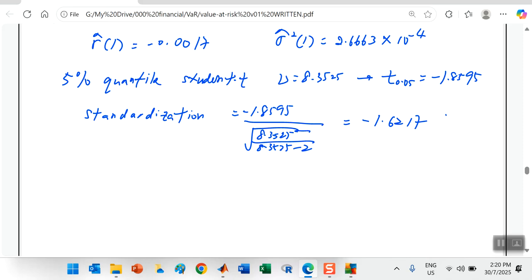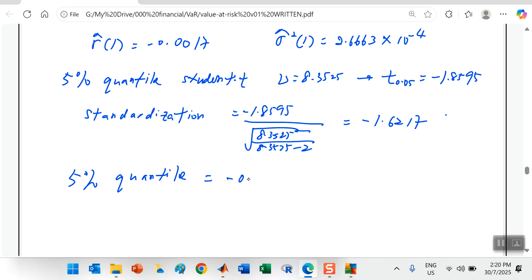This is basically smaller than the normal in terms of magnitude. Right? So the impact actually will be less. In terms of negative, in terms of magnitude, minus 1.64 is larger than this. So then we can find out the 5% quantile. So this is a 5% quantile for student T with the degree of freedom. Okay? So this one, basically you're going to get the